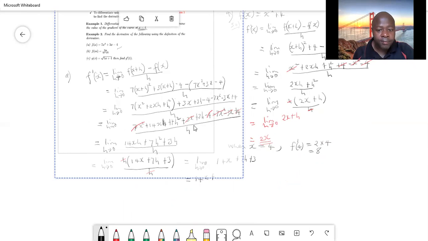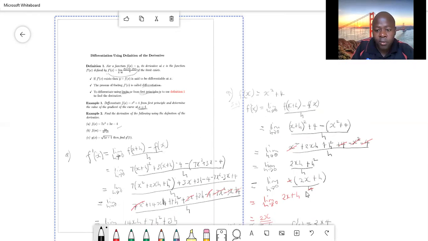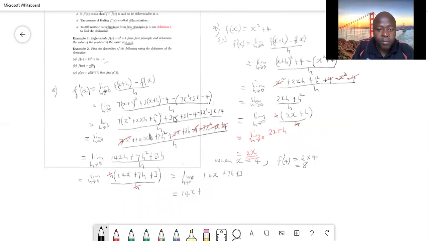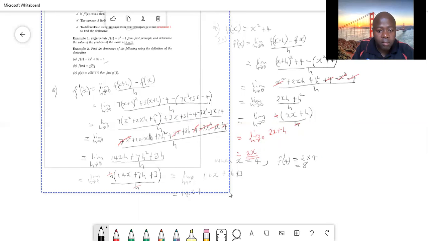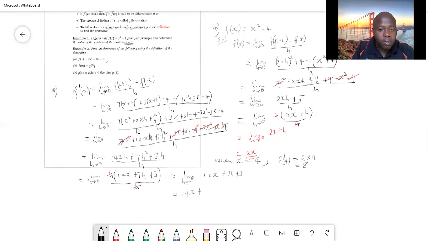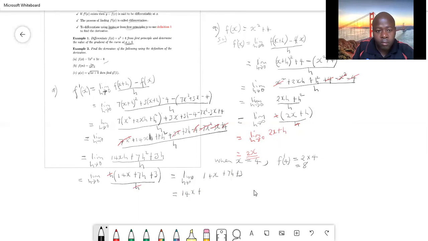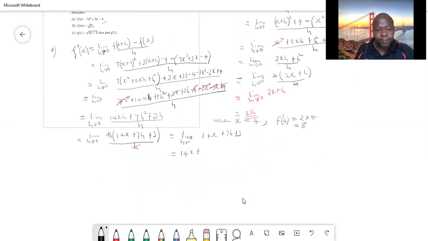So the other one was the derivative of... I want to enlarge a bit, and to enlarge the questions a bit. Okay, so part B,